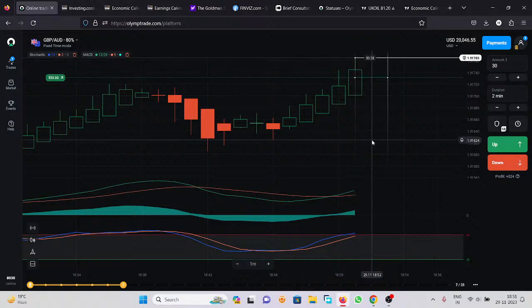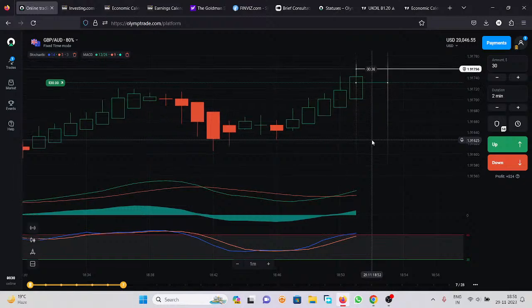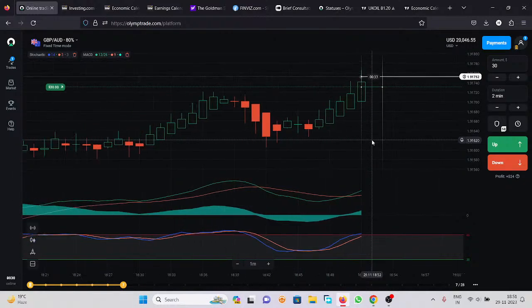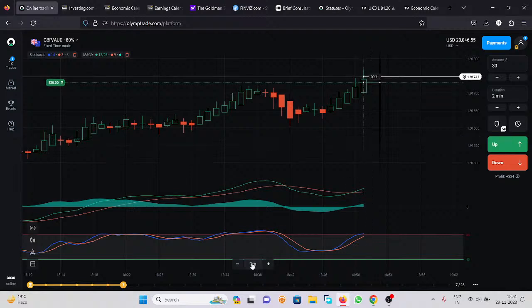You need to find a signal and try to open the trade in the first 10 seconds, if you put the graph time at 1 minute, or a maximum of 20. If the candle has already reached the nearby 30 area, meaning the 20 seconds have already passed, then I recommend you not open the trade, because it's going for the 3rd or 4th candle. If you're putting the duration of the trade at 3 minutes or 2 minutes, then it will go to the 3rd or maybe the 4th. That will be dicey.